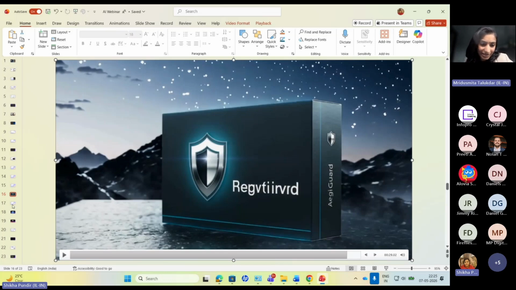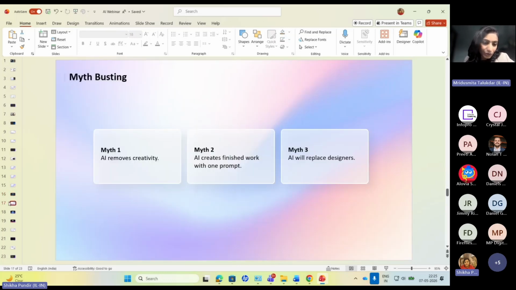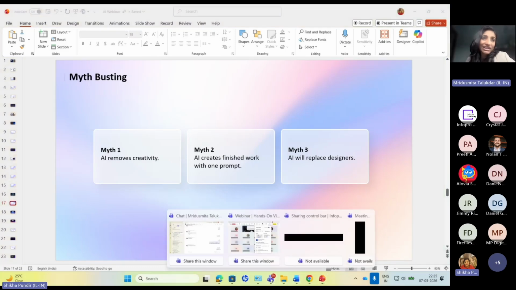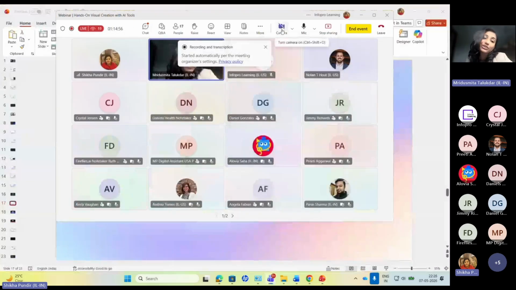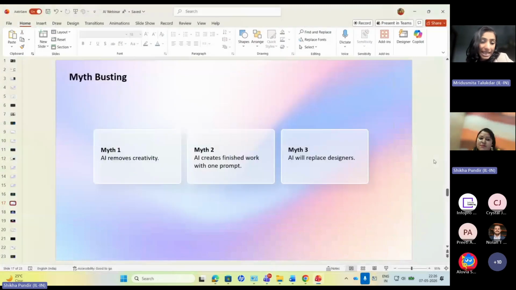Great, great. This is amazing. Thank you, Shikha, for putting in all these efforts. And I think it is no longer about efficiency, it's more about operational agility that we're talking about. And honestly, I think this is where the biggest mindset shift needs to happen for all of us.